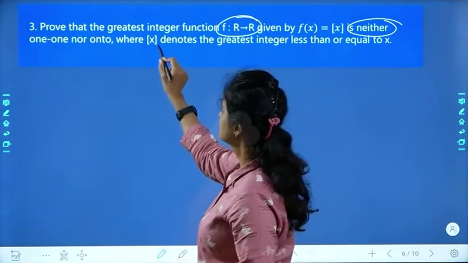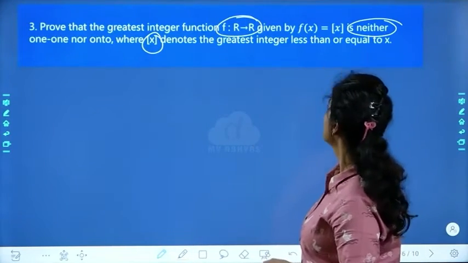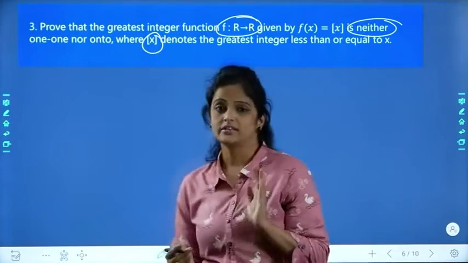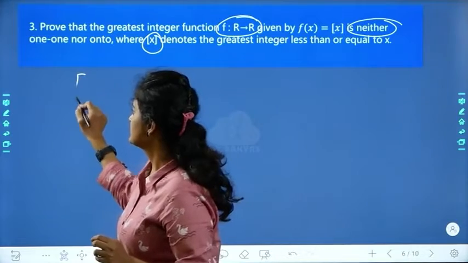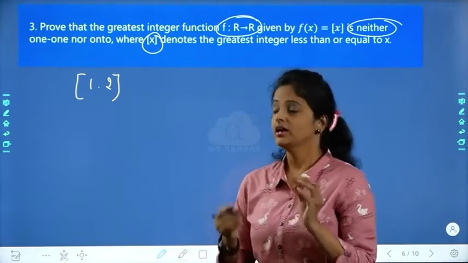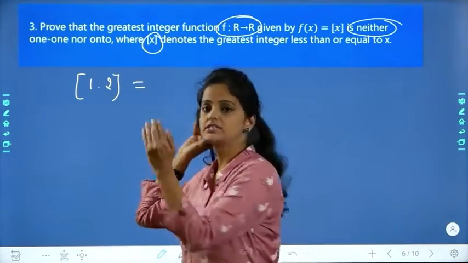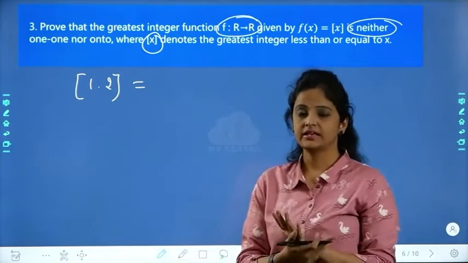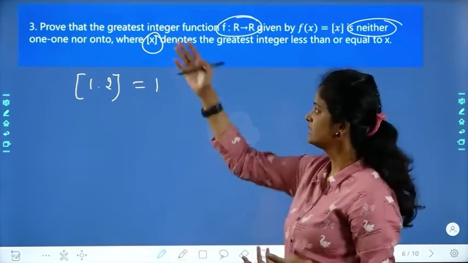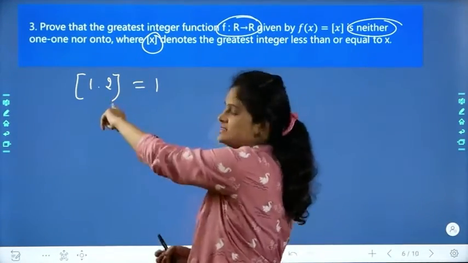So what is the greatest integer function? What is the symbol? It denotes the greatest integer less than or equal to x. That is already given. The definition is already given. If you have any doubt, I'll tell you what the greatest integer function is. If you have taken any decimal, then I have to write the closest integer to this number which is less than that. The integer which is less than this is 1, right? That is nothing but the greatest integer function. The greatest one means the value of the integer has to be less than what you have taken.